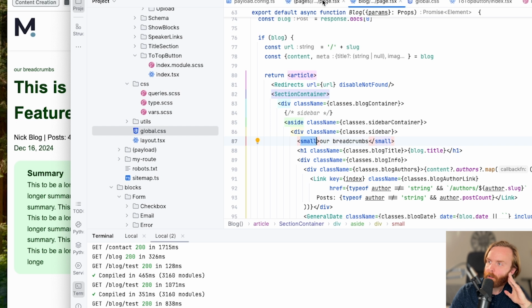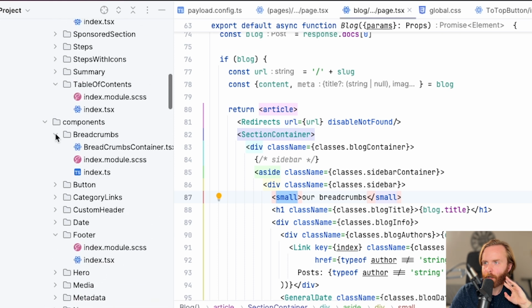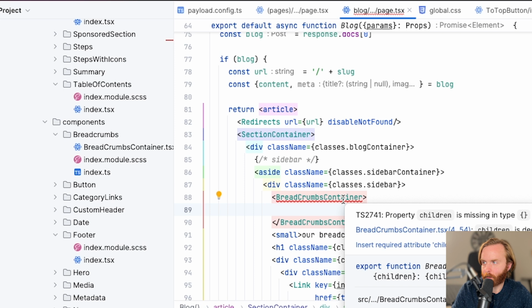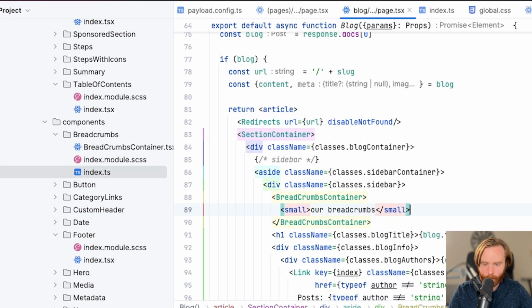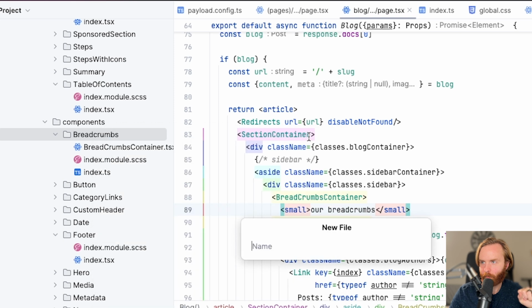And I can see a use for this being a component. We will do a component. All right, so we should already have a breadcrumbs component, but I don't think it's going to work. Let's see what happens. So let's do breadcrumbs container, and then it's expecting children, which we could do. I don't think this does anything now. So we'll leave that as a breadcrumbs container, and then in our breadcrumbs, we're going to create a new file,